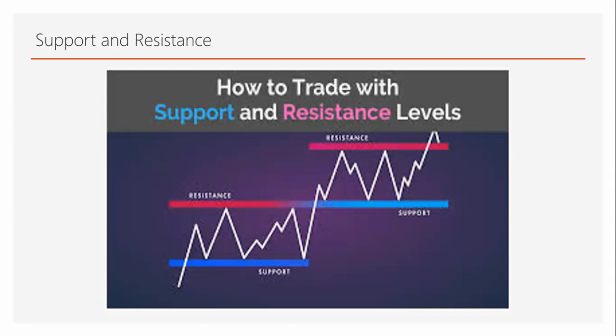Let me start with support. Whenever price falls down in a downward market, right at the support, there will be more demand so that price reverses and goes towards resistance or goes higher. Similarly, for resistance, price goes upwards because more demand is there. Right at the resistance, there is more supply. People are not interested to buy, people are interested to sell. So the price tends to come downwards.